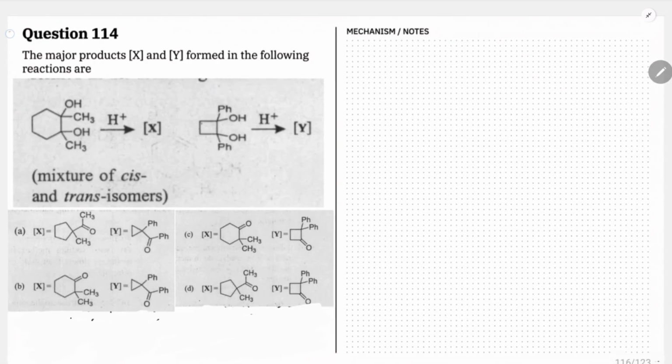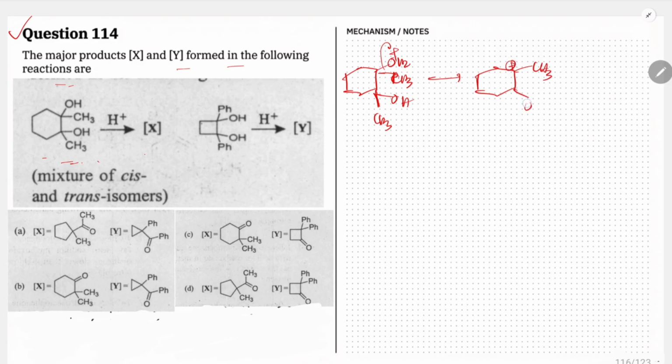The next question: the major products X and Y formed in the following reactions are, a mixture of cis and trans. In the given problem, this is an example of pinacol rearrangement. So this OH2 plus will leave, there is CH3, then OH. In presence of acid, it will generate this CH3 plus, and there is OH and here is CH3. So when this will shift,